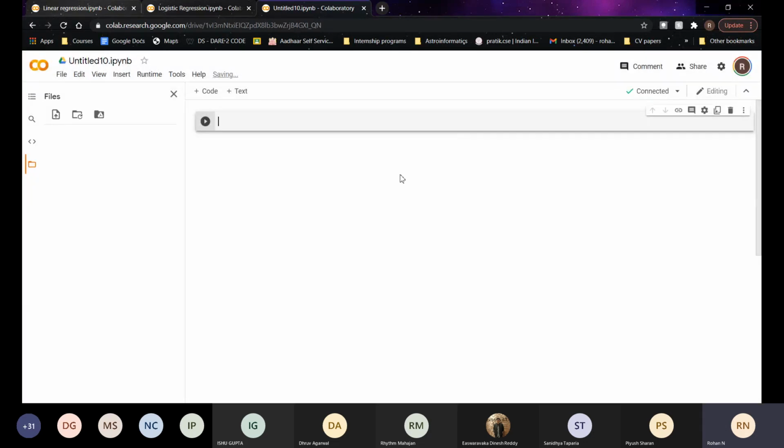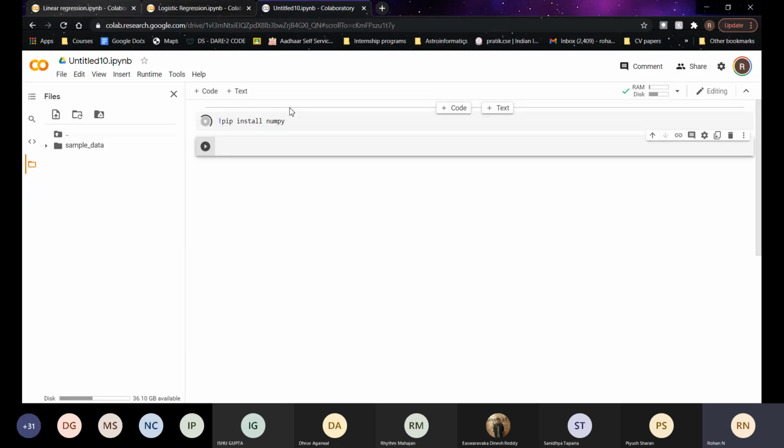So as I said, you don't have to set up your environment from scratch. You can just use the pre-installed libraries. But let's say, for example, you want to install NumPy. You can just put an exclamation mark, pip install numpy, and then press shift enter to run the cell.